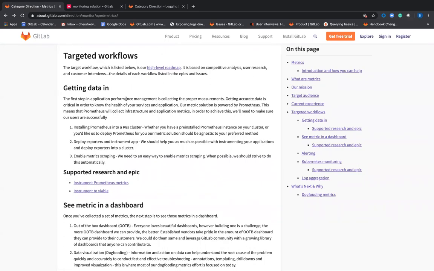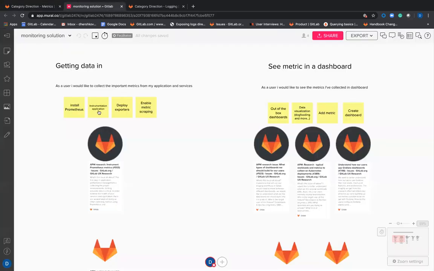To start with, the first step, whenever a user needs to configure the monitoring solution, the user needs to make sure that they are getting the right data in, and it's important to get accurate data, and it's important to have the right setup in order to get this data. And what does it mean to us, or what does it mean to our users? I mean, we are asking our users to